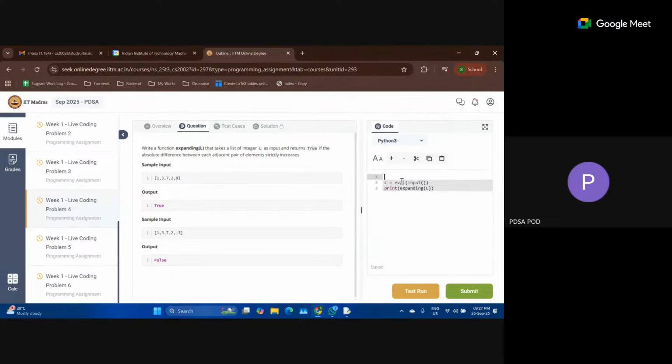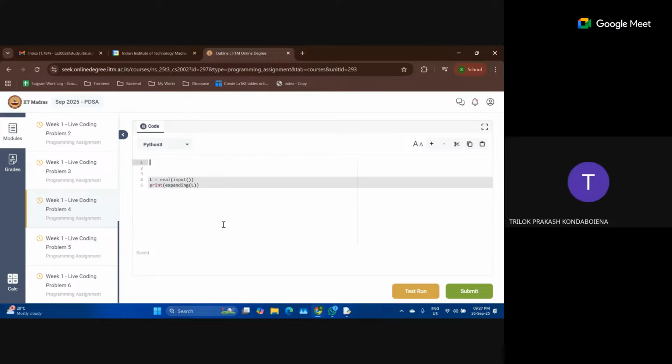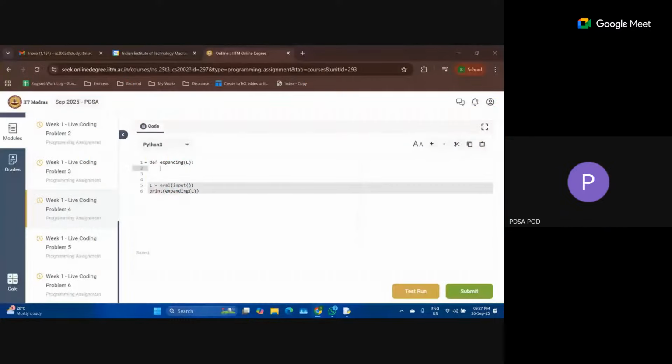What is the name of the function? Expanding. Basically, we are checking whether it's an increasing pattern or a decreasing pattern, right? Yes, exactly. The difference is increasing or not. The pattern may or may not be increasing, but the difference should be increasing. Invariably that is what the end result is, because if there is any decrease in between, then. Yeah, I understand. That is okay, right.